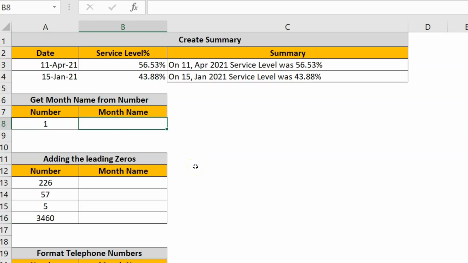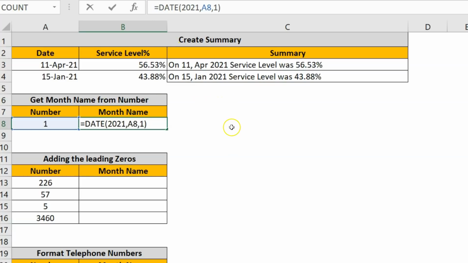So first what we will do, we will create a date. So let's use a date function. In the year you can put any year. So let's say I'm putting 2021, but you can take any year here like 2020 or any year, because we just need the month, we don't require this year. In the month I'm putting this reference. Day I can put 1, 2, 3 or whatever. So let's put 1. Okay, and just press enter. Now we are getting the date.